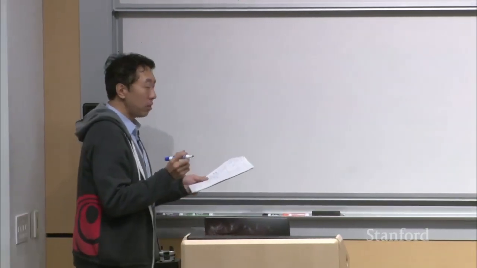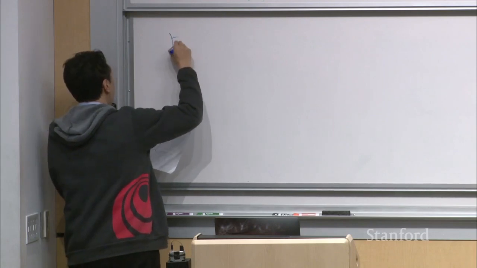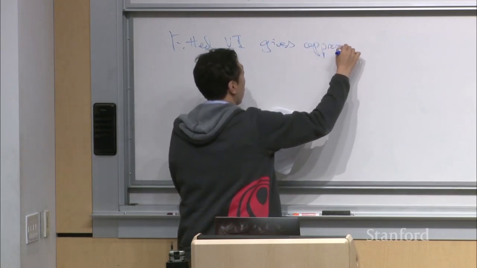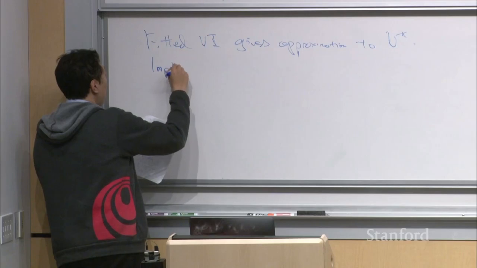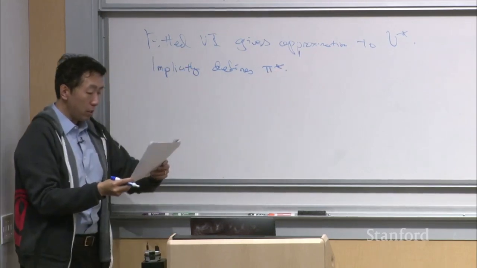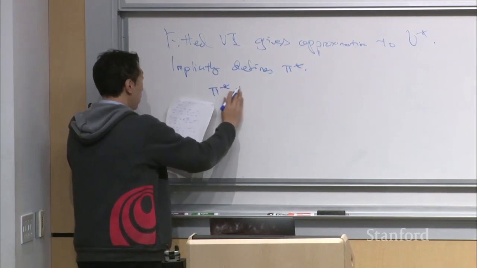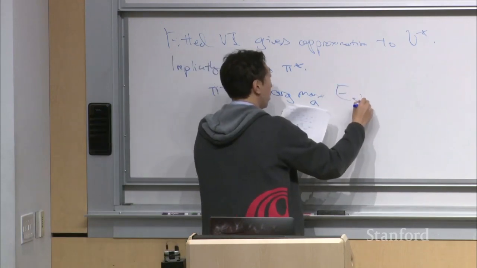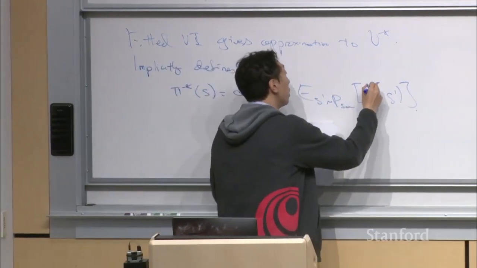All right. So one last important practical implementation detail, which is that fitted VI gives an approximation to V star, and this implicitly defines pi star, because the definition for pi star is that